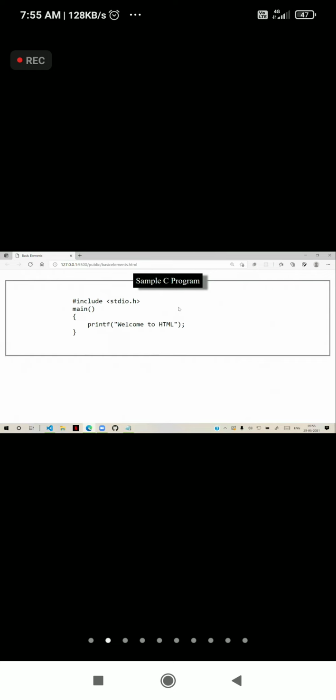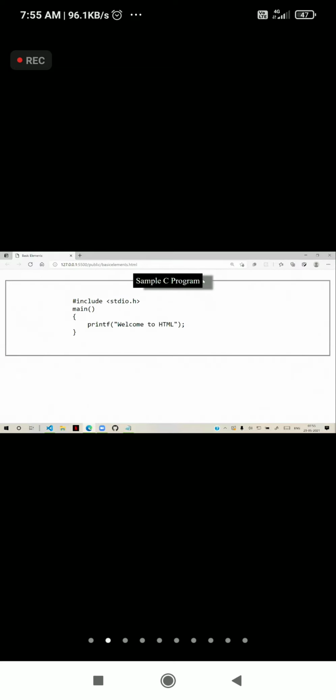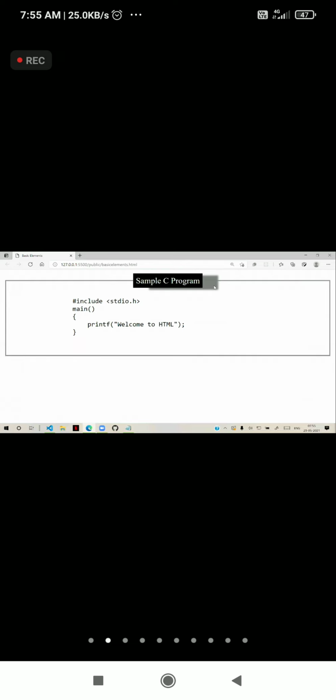Now observe here, actually first value is horizontal, how much? That means horizontally how many points you have to move. Suppose I say 20. That means 20 points horizontal. Horizontal means right side it will move. Suppose I write 30. Horizontally it will move 30 points.